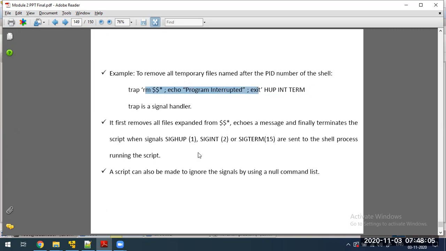In a single line, if you want to say what trap is, the trap is a signal handler. It catches the types of signals and executes the set of commands. If you use these trap statements, you can stop saving those temporary files. That is the advantage. Trap statements will handle these temporary files like this.